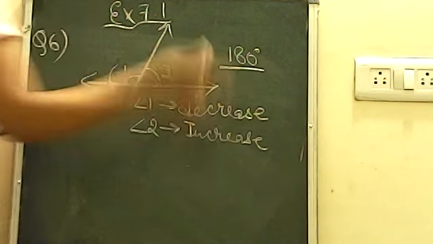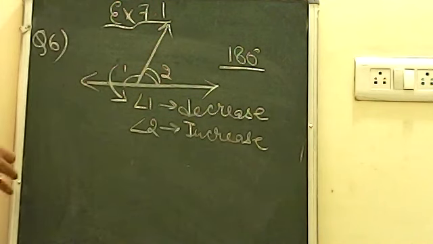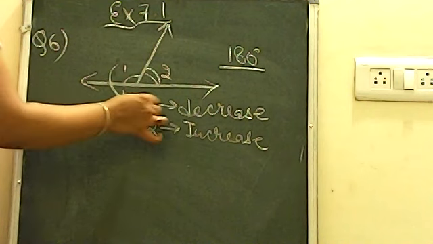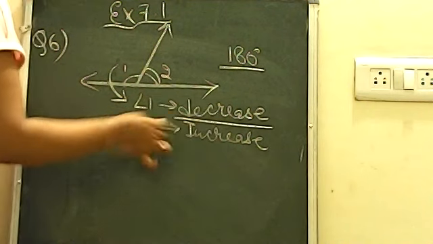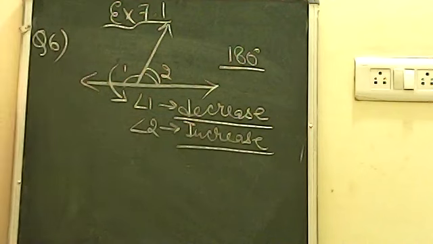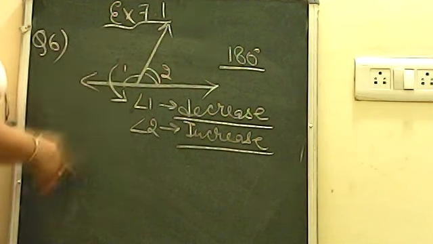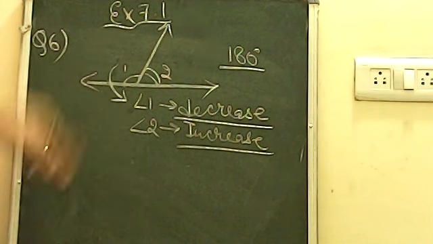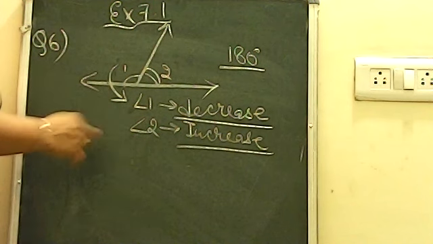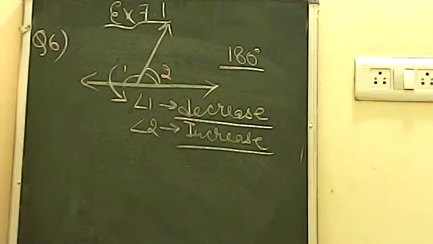To make it balanced, and the same thing, if angle 1 will increase, angle 2 will decrease. इस क्वेश्चन को अनदर फॉर्म में भी लिया जा सकता है. कैसे अनदर फॉर्म में? Suppose angle 1 is obtuse, what will be angle 2? It will be acute. If angle 2 is acute, what will be angle 1? It will be obtuse. So अगर एक acute है तो दूसरा obtuse होगा, अगर एक obtuse है दूसरा वाला automatic acute हो जाएगा. ठीक है, to make the balance of 180 degree.